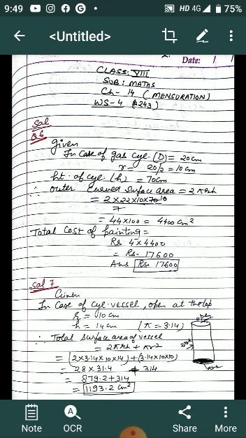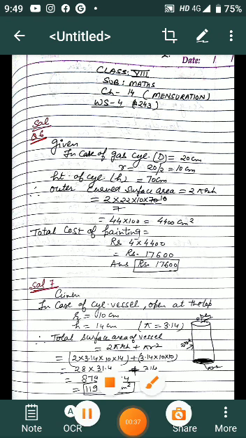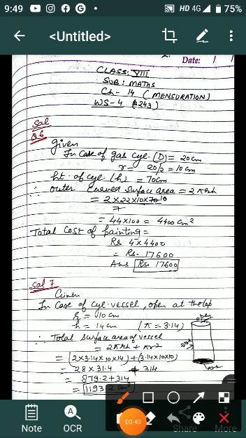You know outer curved surface area of cylinder, that is the red portion you can see, and the inner is the inside. But here we have to find the cost of painting of its outer curved surface at rupees 4 per square centimeter, and height of the cylinder is given as how much? 70 centimeter the height is given. So we are starting with the question number 6.